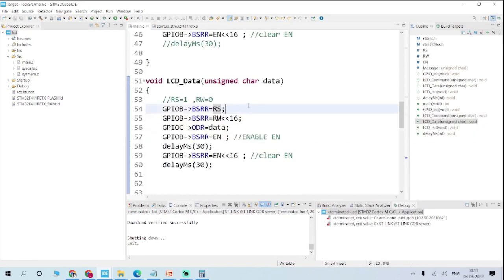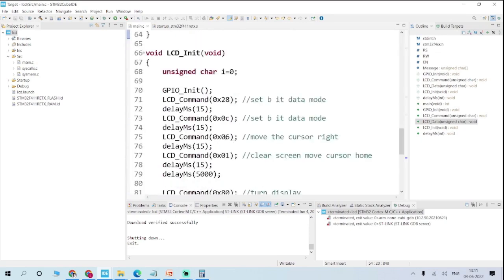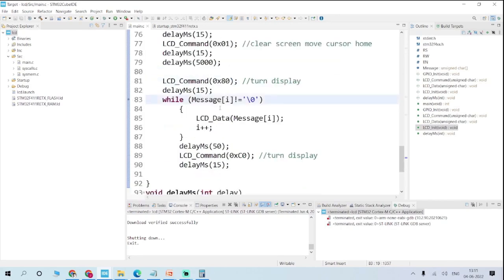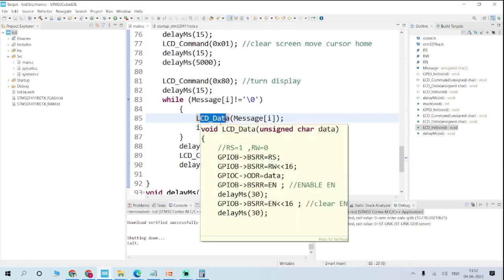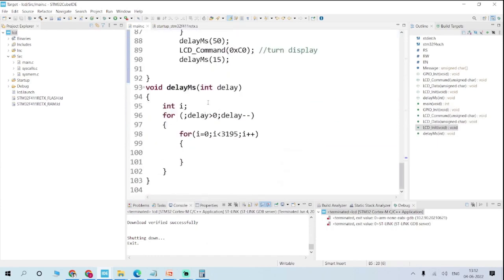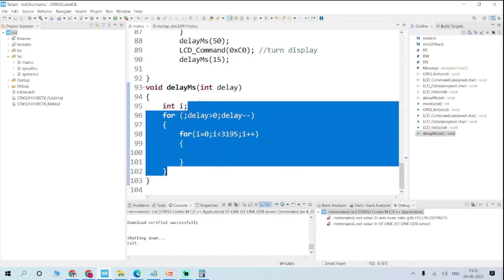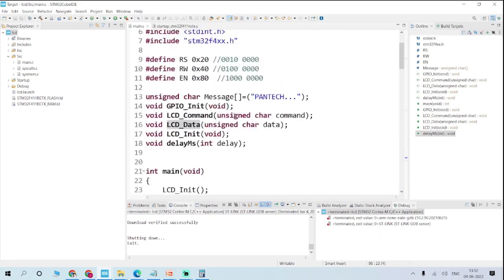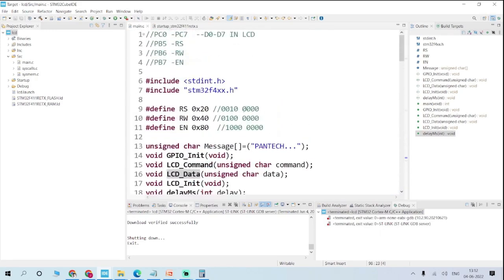For the enable pin, you have to make it high and then make it low. So we made this mistake here. These are the commands which you have to send. And the message takes the message and passes it to the function called LCD data, where it prints the data to the corresponding cursor position. The delay function is used to generate delay. This value you have to calculate for 16 megahertz, as we are using a 16 megahertz crystal, for giving the correct approximate delay. Okay, so thank you so much for your time. See you in the next